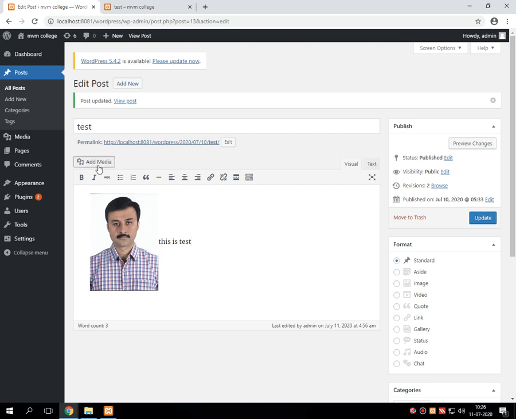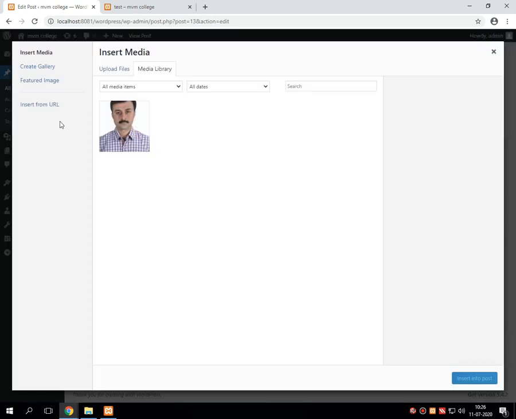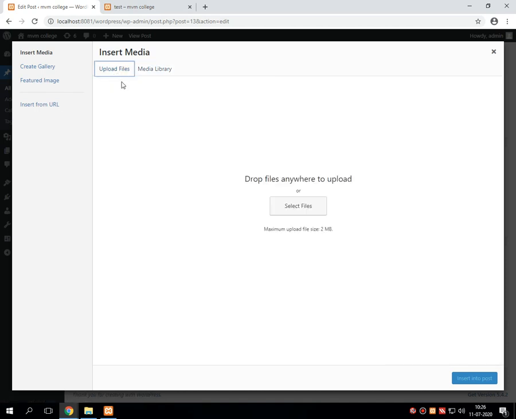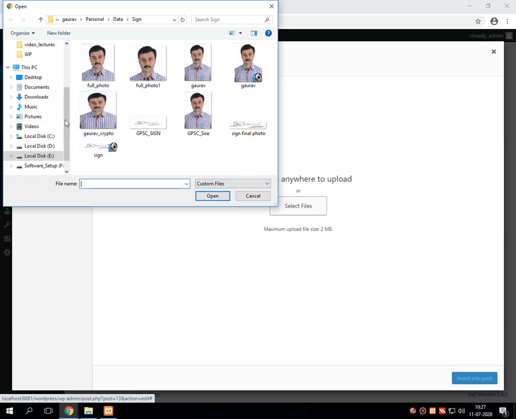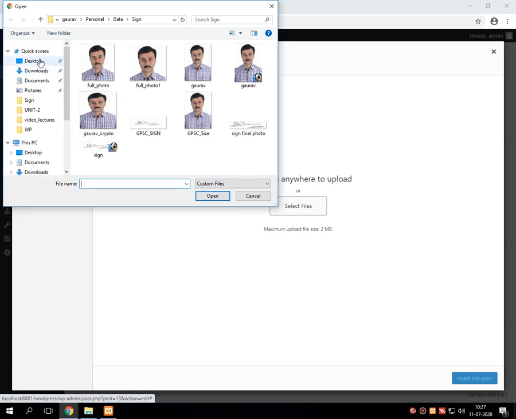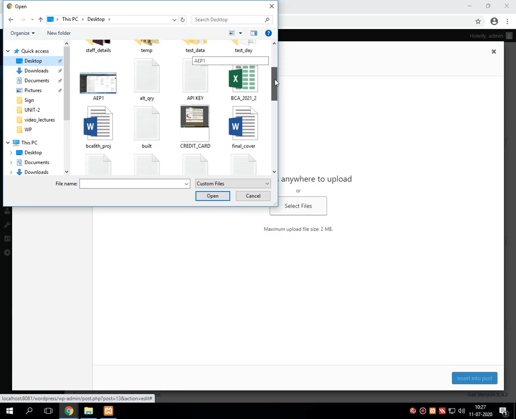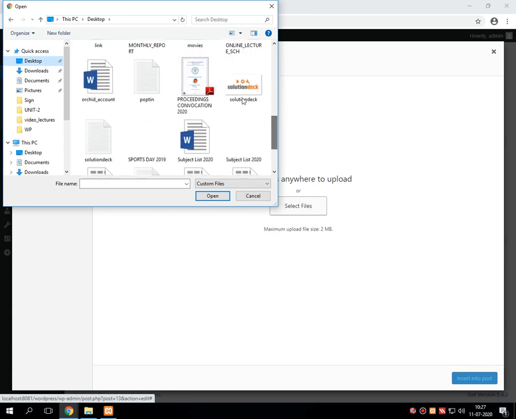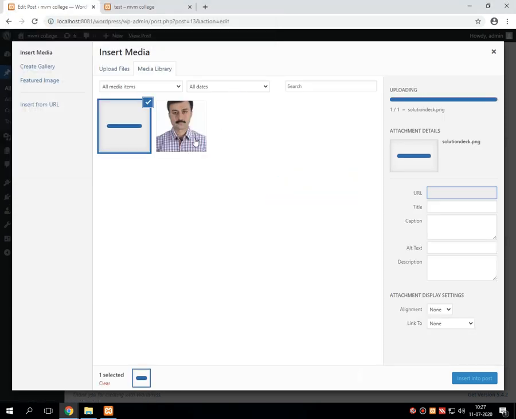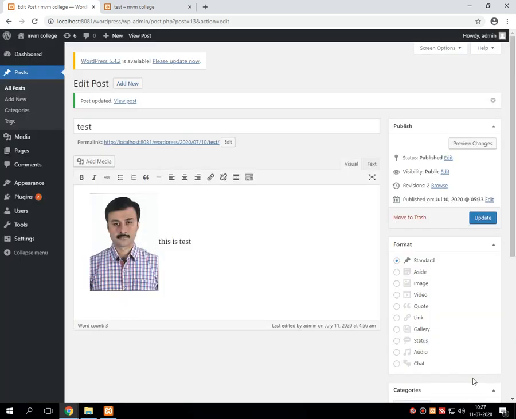First, select the media, press upload file, then select the file, select any other image from the dashboard, and press insert into post. It will create another image on the same post.